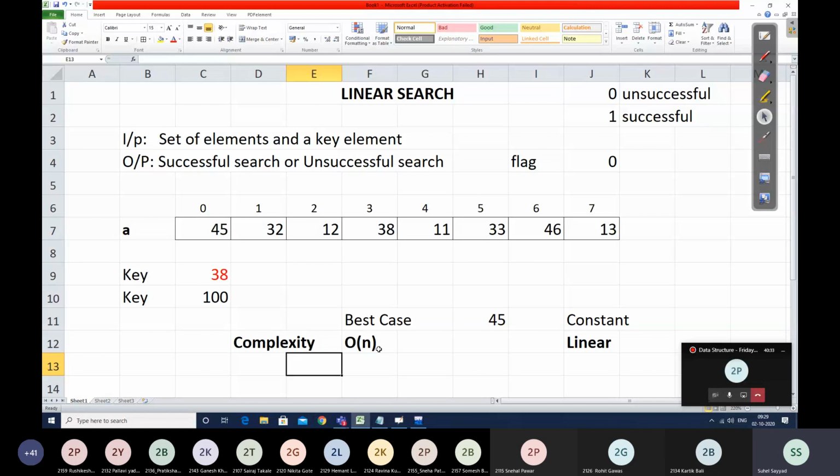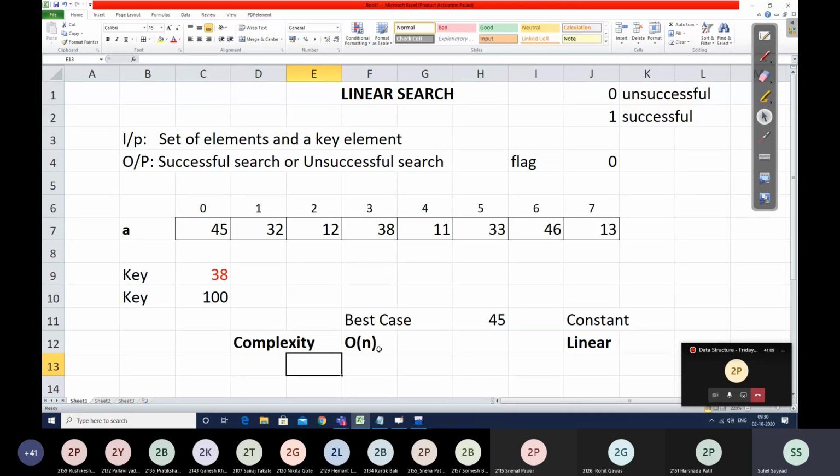What do we mean by constant complexity? What is the meaning of constant complexity? For best case, I have written here constant complexity. So what is the meaning of that? Yes, sir, constant complexity means if inputs are increased, the output remains constant. Correct. So what is this particular case? That is O(1) that I have written over here, best case. What is the meaning of that?